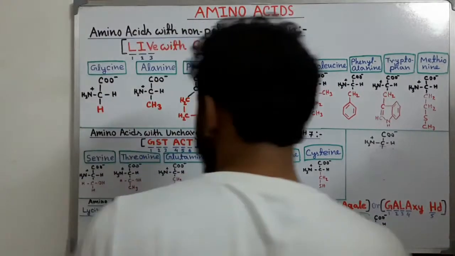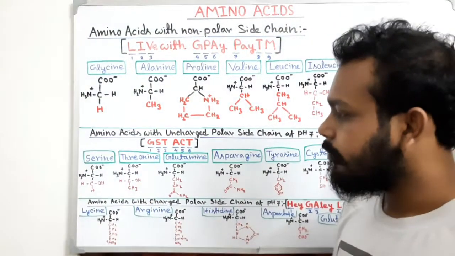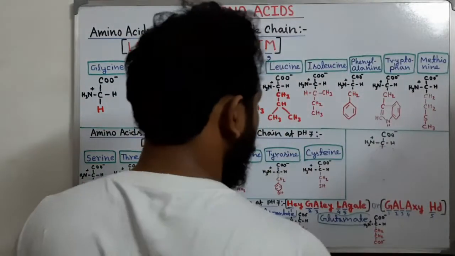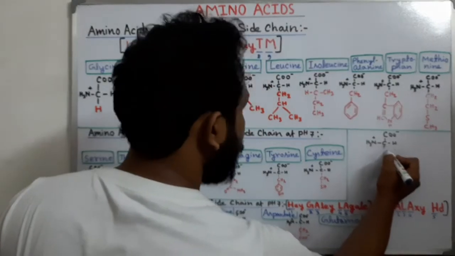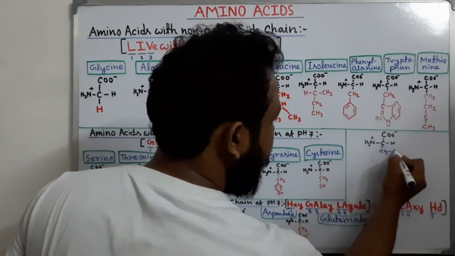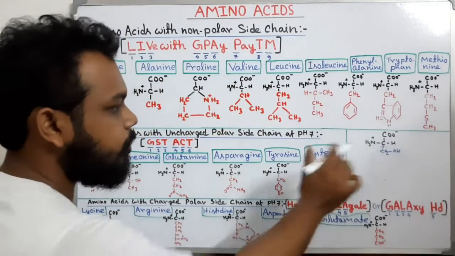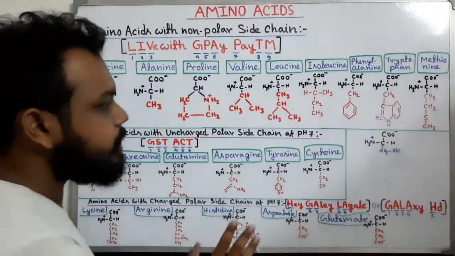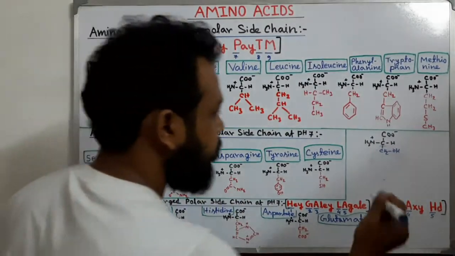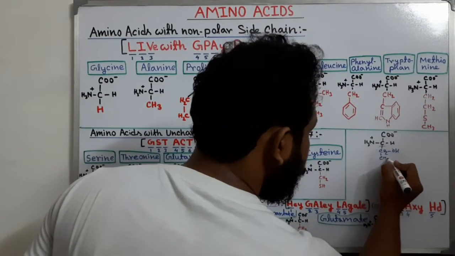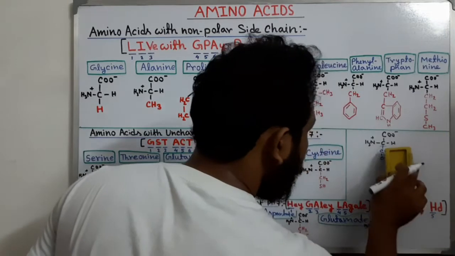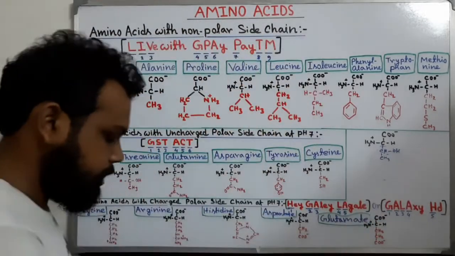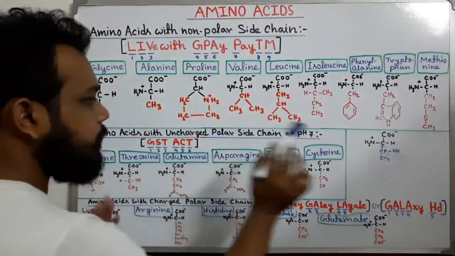First we will see the structure of serine. It is a very easy structure. Just draw the alanine structure, and in place of CH3 we put CH2 and add an OH group. This is the structure of serine. Next one is threonine. Threonine is more or less the same as serine, just add one CH3 group. Only H will be present, and here just add the CH3 group. This is the difference between serine and threonine.